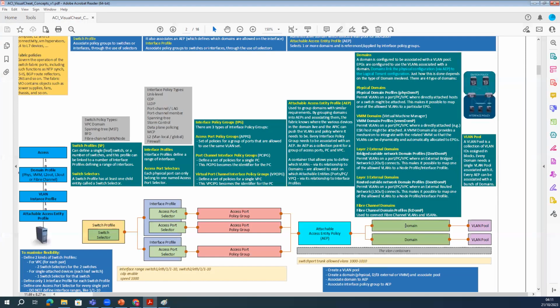Fine. So just the same VLAN, like this one, can be mapped to the different domains. Yes, that's not an issue. Yep. If you see here, if we have here,